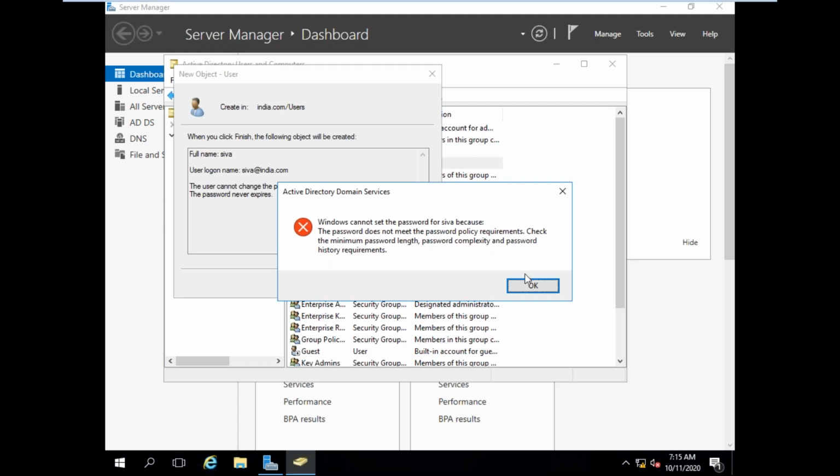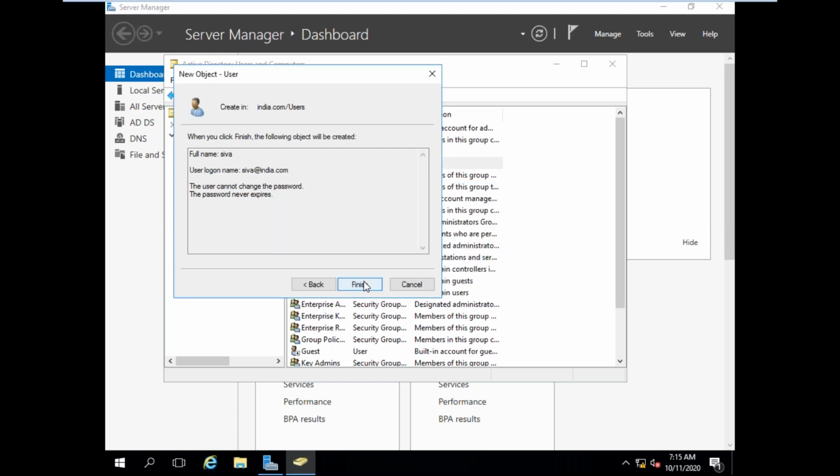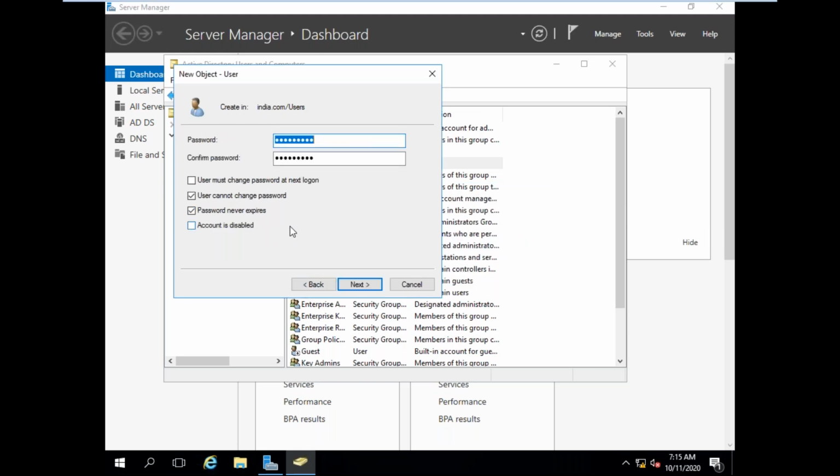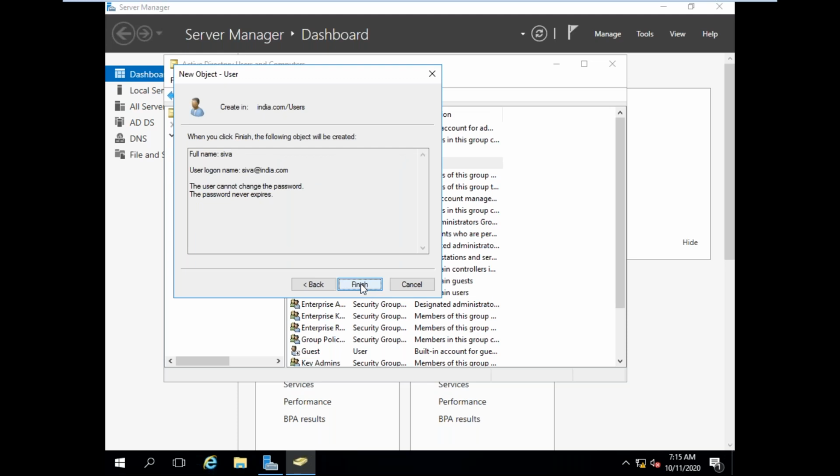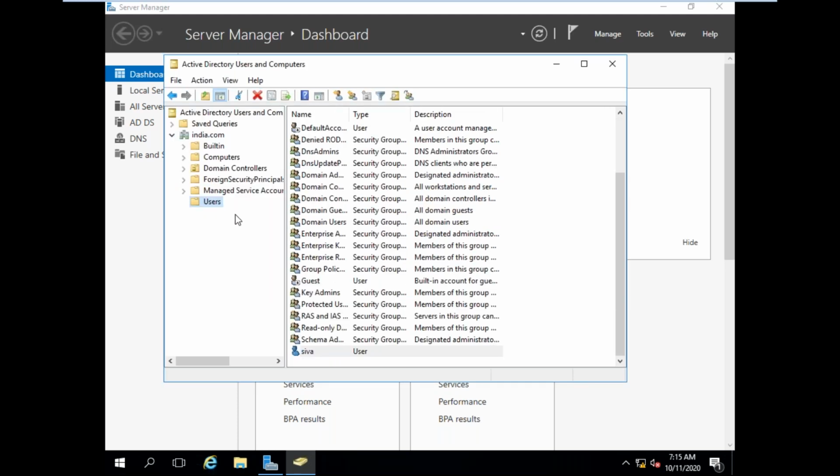Minimum password length, password complexity. Okay, the user account is created.